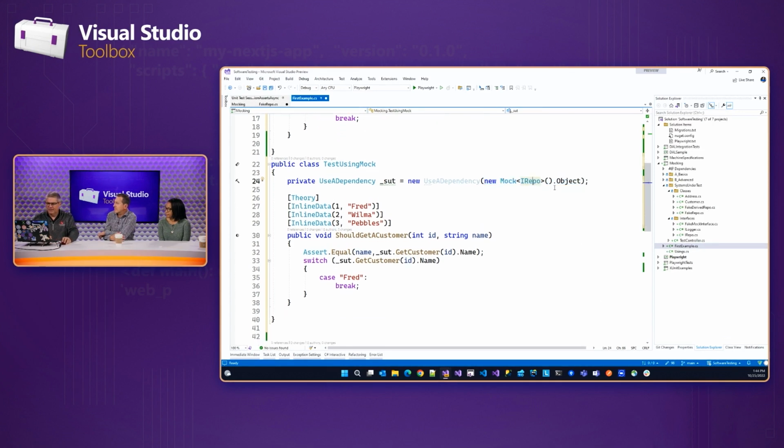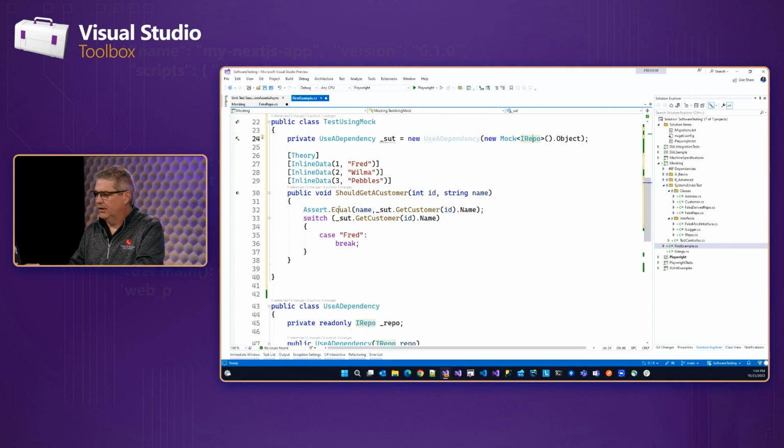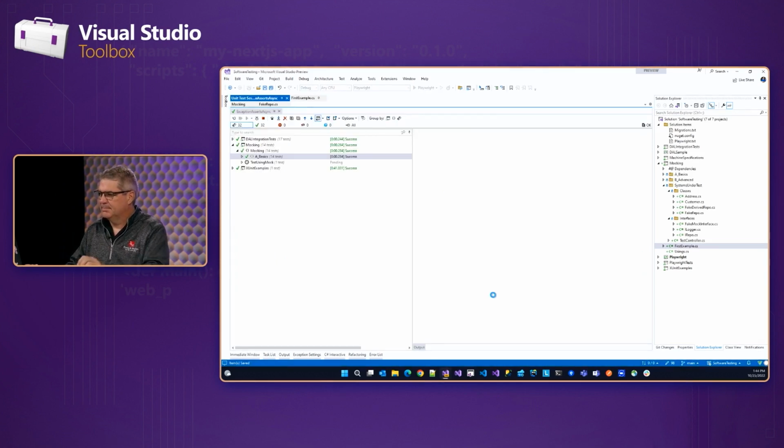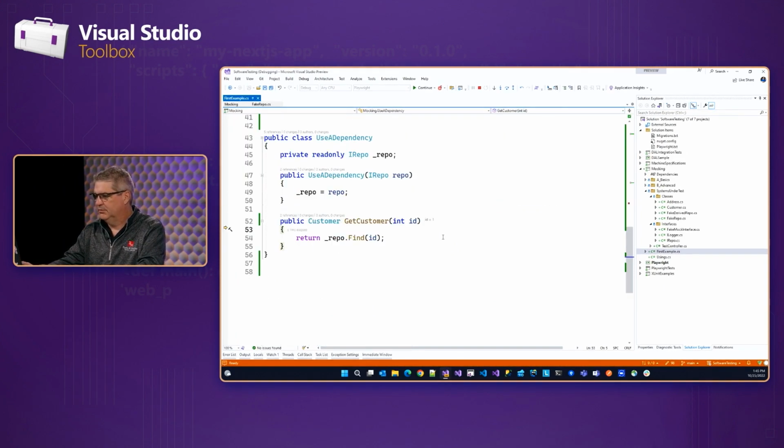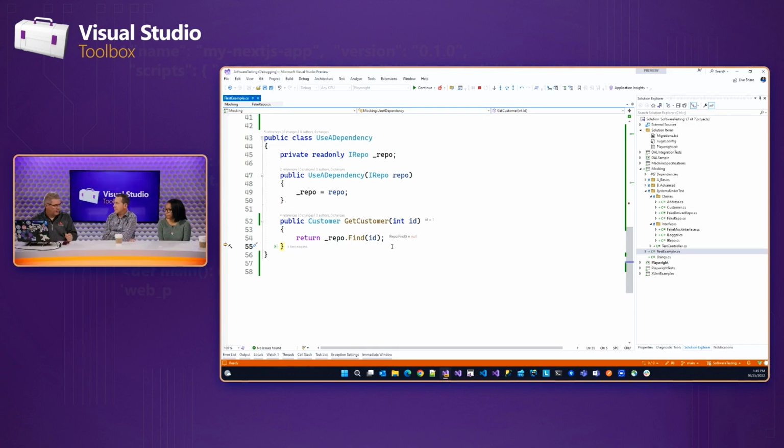So now when we pass this in, right, we are not going to get any name back, because let's actually step through and debug and see what happens. So we're going to debug this test. And we're going to step in. And the repo exists, right? You can see it's a mock of repo, right? And then I do an F10, it returns null. Doesn't fail, but it returns null. Okay. Because what we have not done is tell it how to behave.